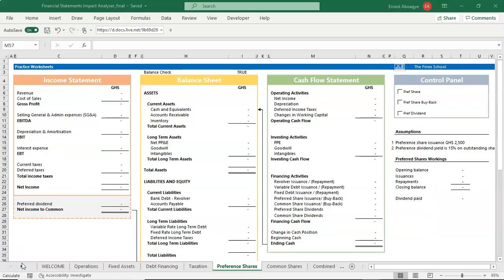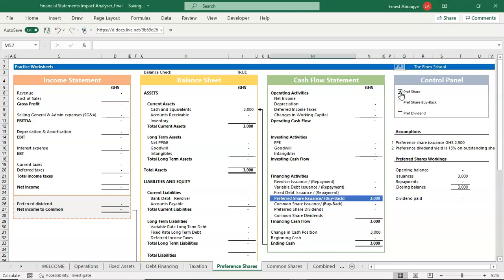Now in this video we are going to look at the impact of preference shares and how it links to the three statements. Just as we talked about debt financing, if you have forgotten about that or skipped it, please go back and watch the debt financing. There are some nuggets in there you can apply to this segment. In that same way, if we issue preferred shares,